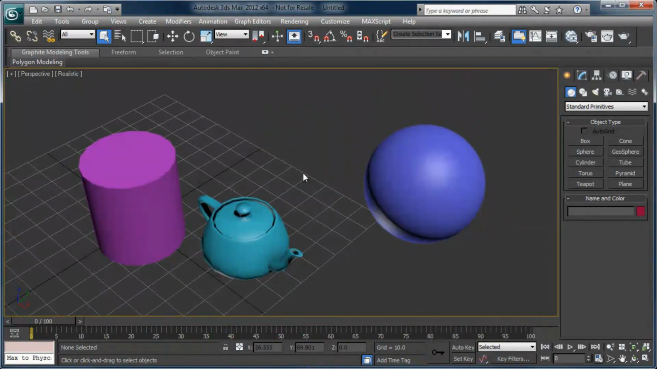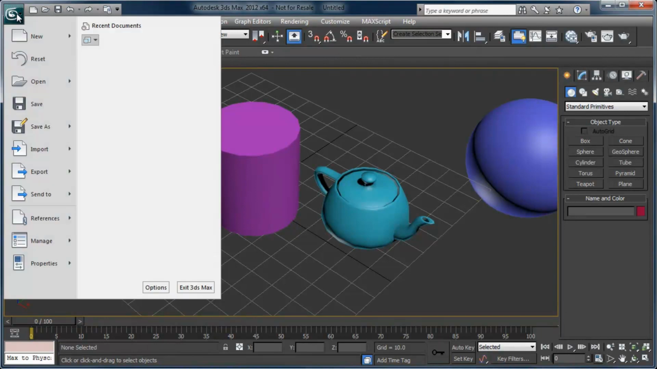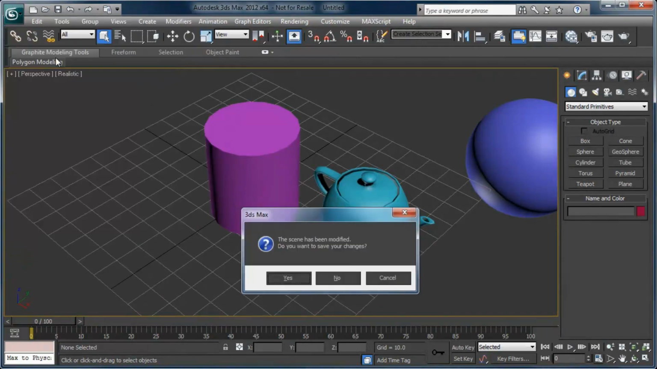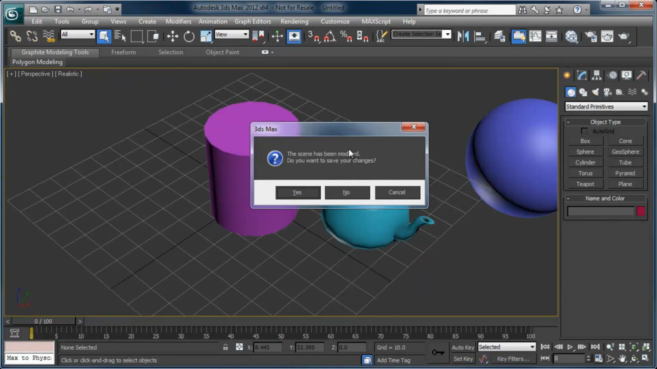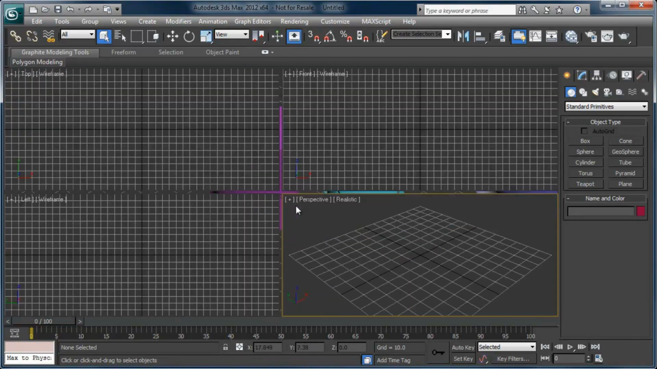Now that we've looked at the basics of navigating around the scene, let's go ahead and reset this scene entirely by clicking on the big 3ds Max icon here in the upper left. We'll go ahead and left click on Reset. And when this dialog box pops up, it's going to warn you that the scene has been modified. Do you want to save your changes? For now, we'll go ahead and hit No. It will ask you again, do you really want to reset? We'll left click Yes. And this will reset 3ds Max back to its default position with the view